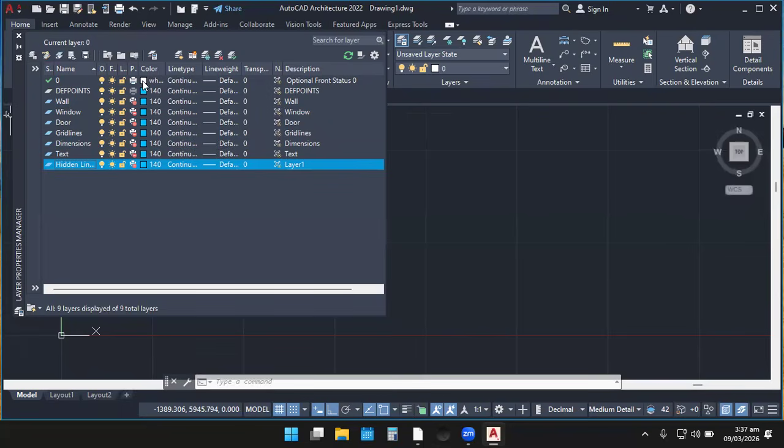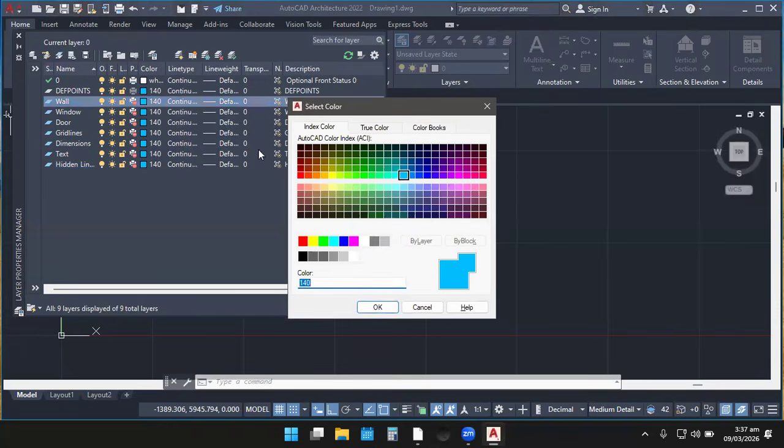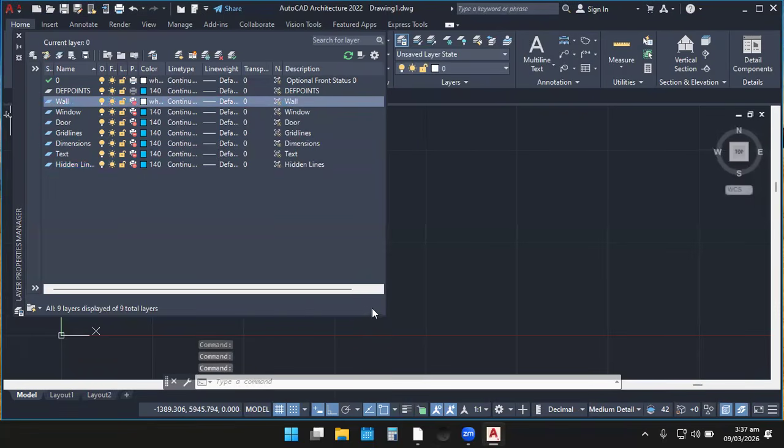Okay, so let's change the color for the wall. I'm going to bring my cursor here and click the color for the wall. Let's use white. Even if you come here, you realize that some colors are here. You can always get most of the colors where the mouse is moving. So I select white over here, then enter. After doing that, you see that my color has changed to white.